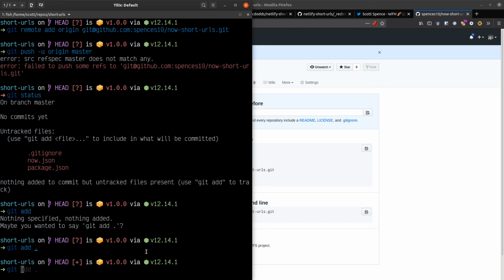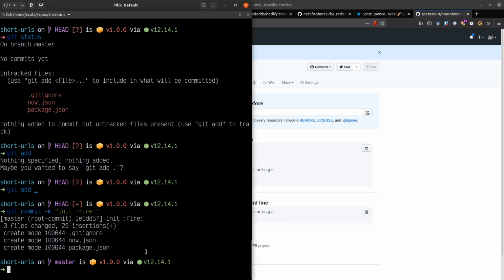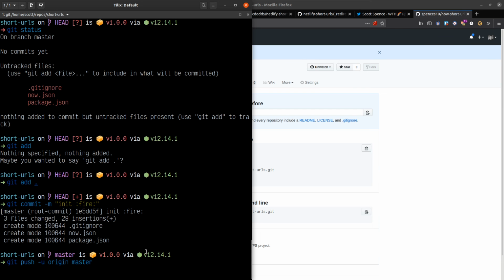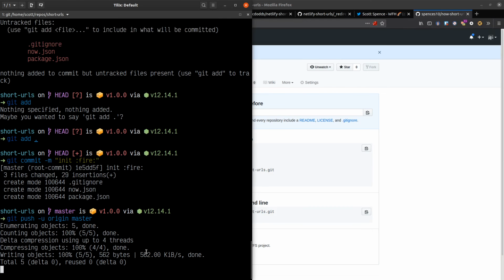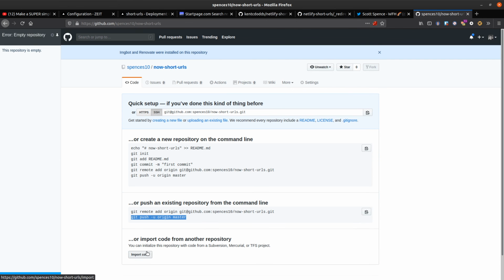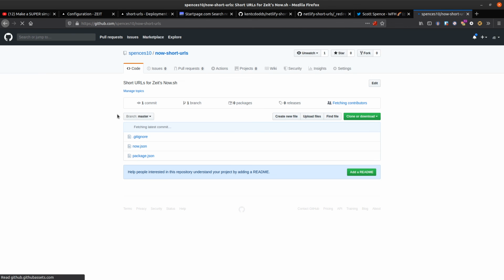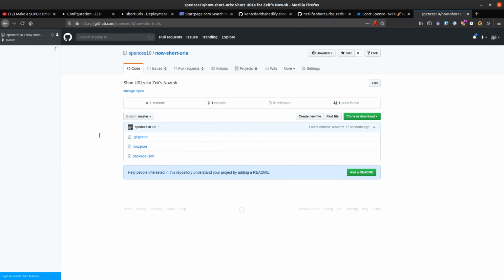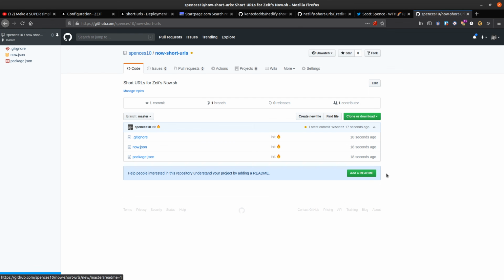we say git commit, and init. Bye. Cool, and then we can go back to that push origin master, and then over to GitHub now, and refresh this page. I now have all the stuff in here. So I want to add in a README, things like that later. But for now,